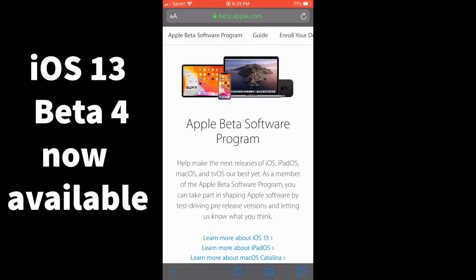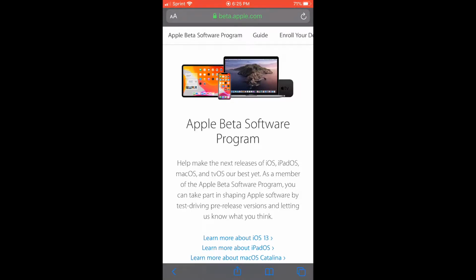I'm about ready to install Beta 3. It was just released the other day, but I still have Beta 2 here on my iPhone 8 Plus, and this is something that you want to be aware of. That's if you really don't want to deal with small bugs or your screen occasionally freezing here and there, then don't bother to join this program. This isn't for you. Just wait for the release, the official release, to come in the fall from Apple and